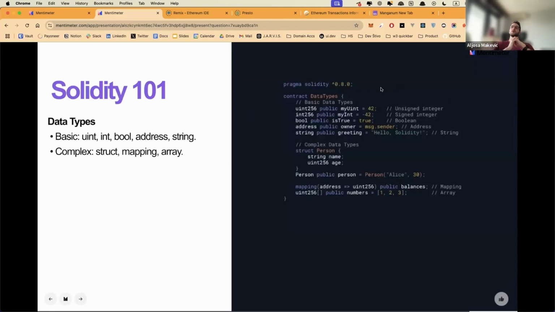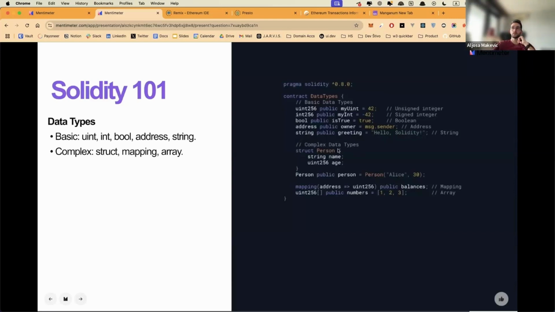So if, for example, you wanted a data type that was supposed to represent your age, you would never put in uint 256 because you're never going to write up someone who's 50,000 years old. So that's when you have to start thinking about optimizing. A string is a greeting, for example.